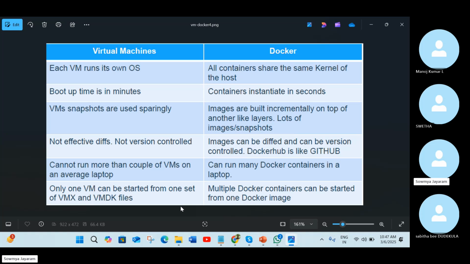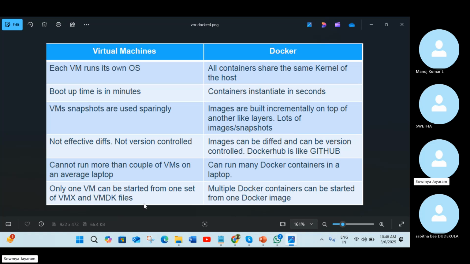Here you will have every file inside your virtual machine. With a whole operating system, you will not use the full resources or the full files. But in a Docker container, you have a limited amount of operating system, and from there you can save your data. If you want data persistence, you can create a volume and mount that volume to your container.